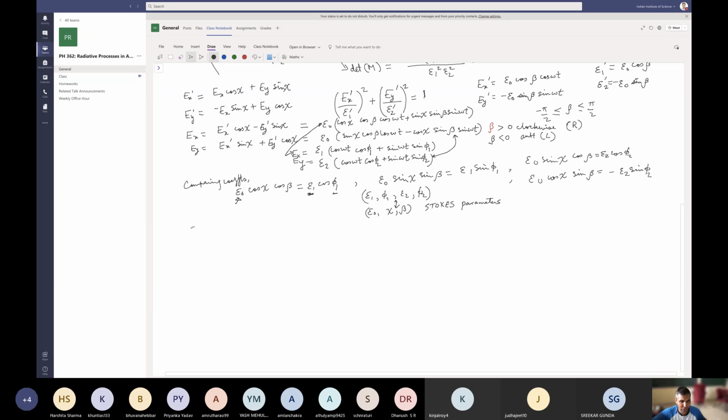So these are the Stokes parameters. This is the first Stokes parameter. I is equal to epsilon 1 squared, the x amplitude, plus the y amplitude squared. So basically, if I sum this and this square, and sum this and this, that's what I get: epsilon 1 squared cos squared phi 1 plus epsilon 1 squared sine squared phi 1,